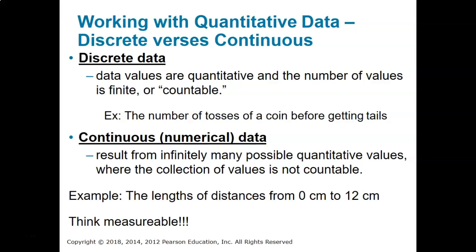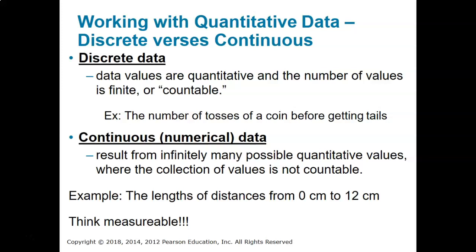Continuous, by comparison, is when we have infinitely many possible results. So if we're measuring somebody's weight and we had the old scale type where you move the little thing along the top, then you might do well if you get to the nearest pound, but maybe you have a digital scale and maybe you can get to the nearest tenth of a pound, or maybe the nearest hundredth of a pound, or the nearest thousandth of a pound. Because there's infinitely many possible values that you can get when you're measuring something,